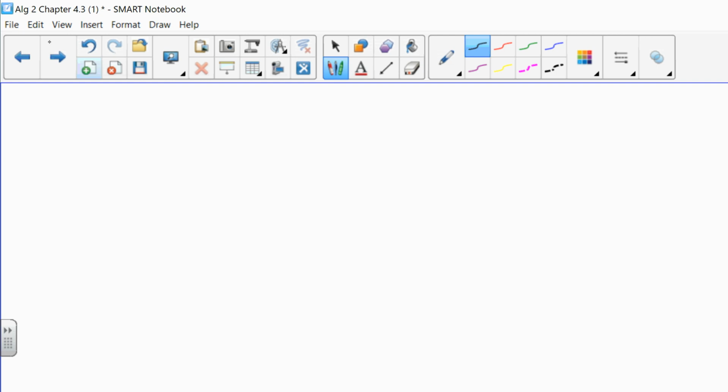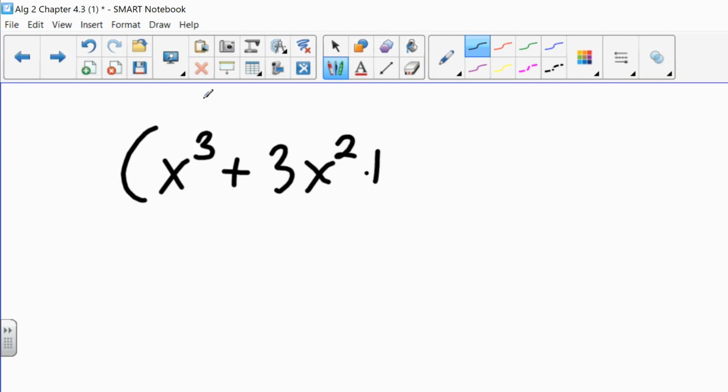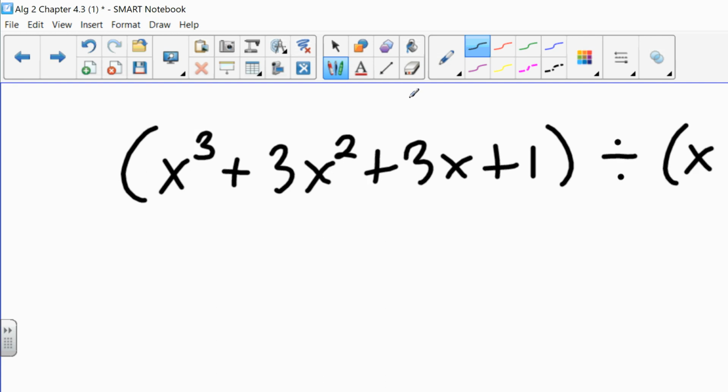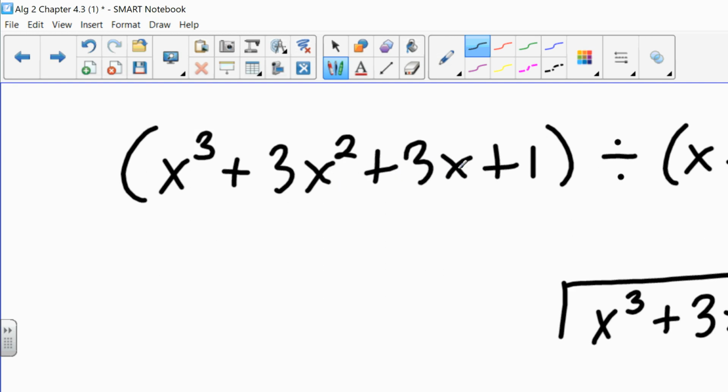What we're going to do is divide x cubed plus 3x squared plus 3x plus 1, and we're going to divide it by x plus 1. So right there in that space where we have the first one, we're going to do it there. Now, the way we set this up is almost the exact same way as the previous one. So the number that goes inside here would be our x cubed plus 3x squared plus